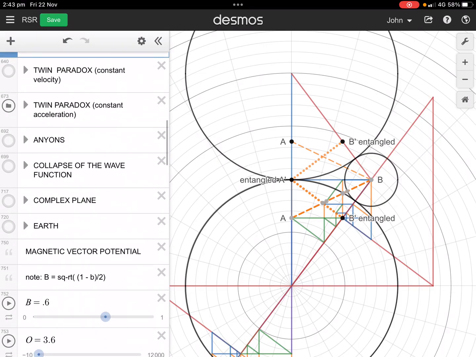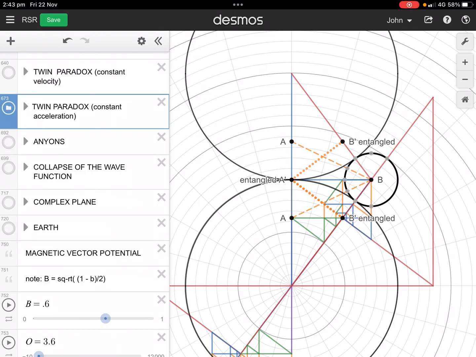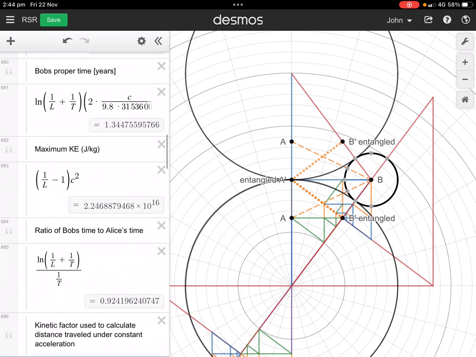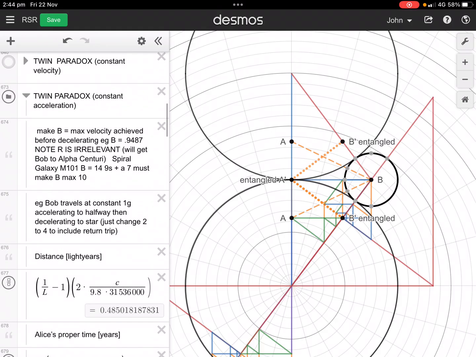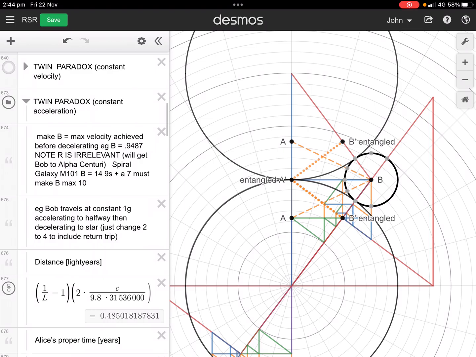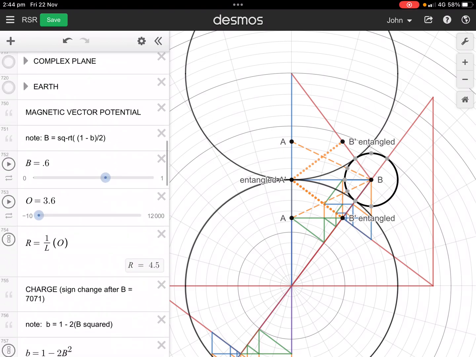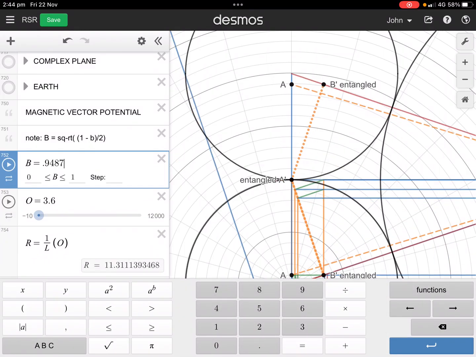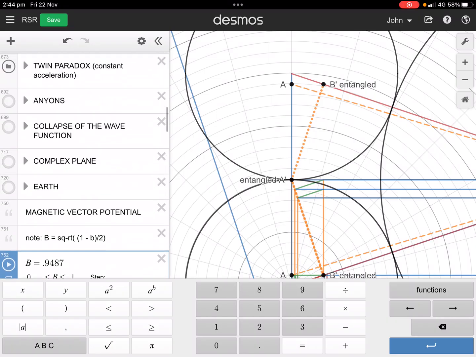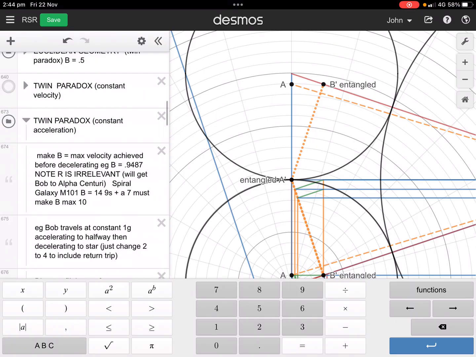Acceleration, it's all cool. That's how you calculate the actual distance travelled by Bob under constant acceleration. So this is still all special relativity, but if we take the example of him getting to a maximum velocity of that, then you find that